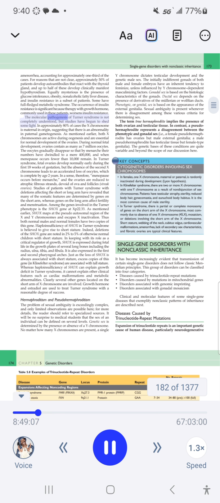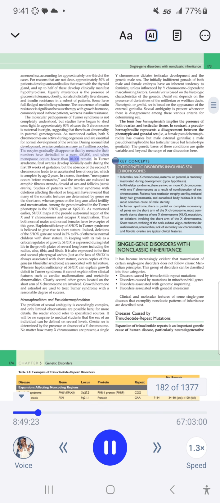The molecular pathogenesis of Turner syndrome is not completely understood, but studies have begun to shed some light. In approximately 80% of cases, the X chromosome is maternal in origin, suggesting that there is an abnormality in paternal gametogenesis. As mentioned earlier, both X chromosomes are active during oogenesis and are essential for normal development of the ovaries. During normal fetal development, ovaries contain as many as 7 million oocytes. The oocytes gradually disappear so that by menarche, their numbers have dwindled to a mere 400,000, and when menopause occurs,